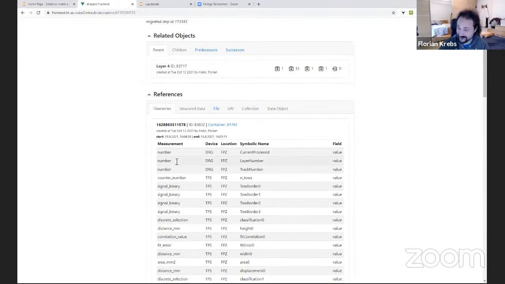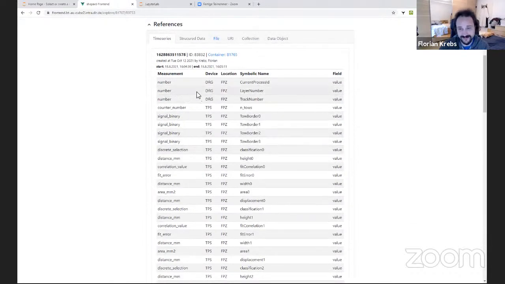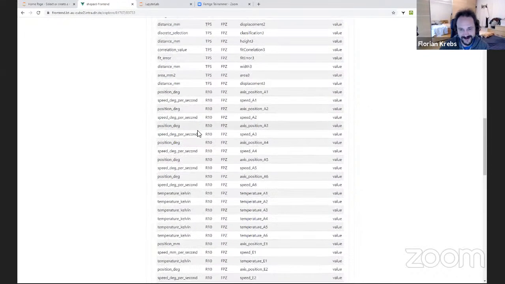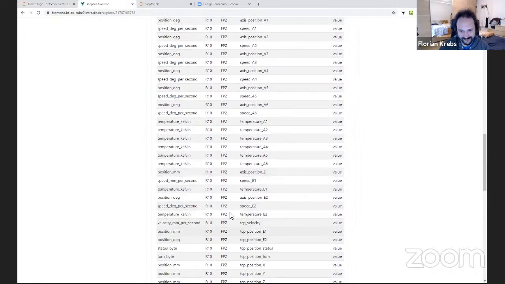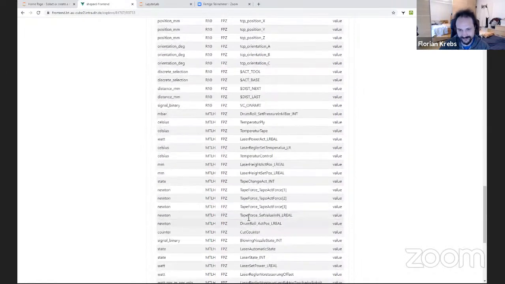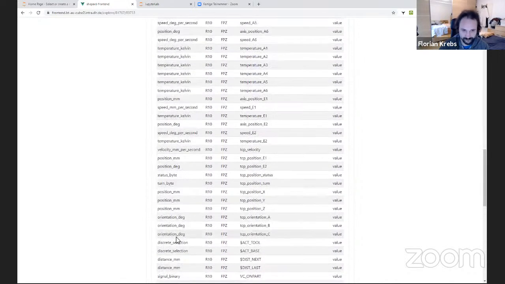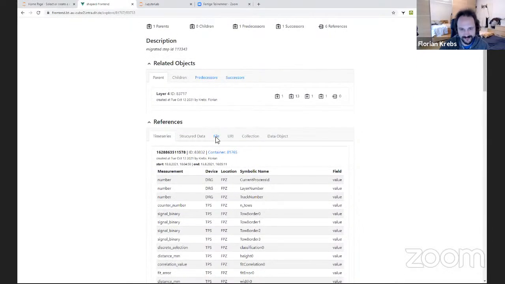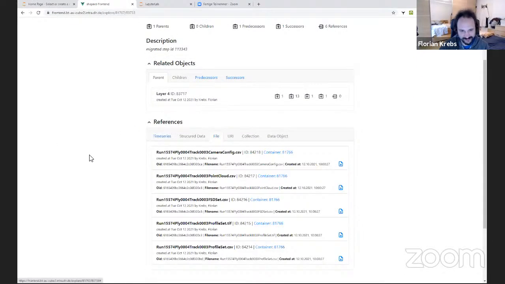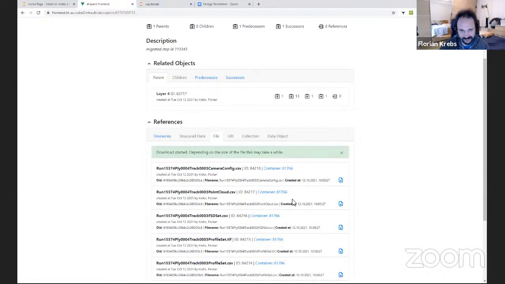And as I said, again, the same time series. Of course, we have the same process settings for each of the tracks. So we have different temperatures, for example, different positions, a lot of different time series there, and also different files here, for example. And as you can see, this is, for example, one of the images the camera took. If I download this,